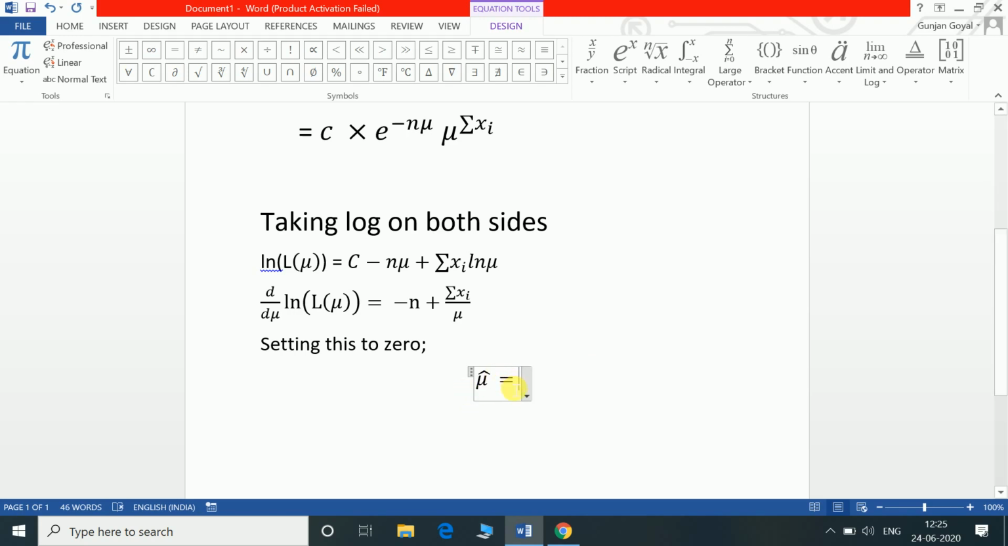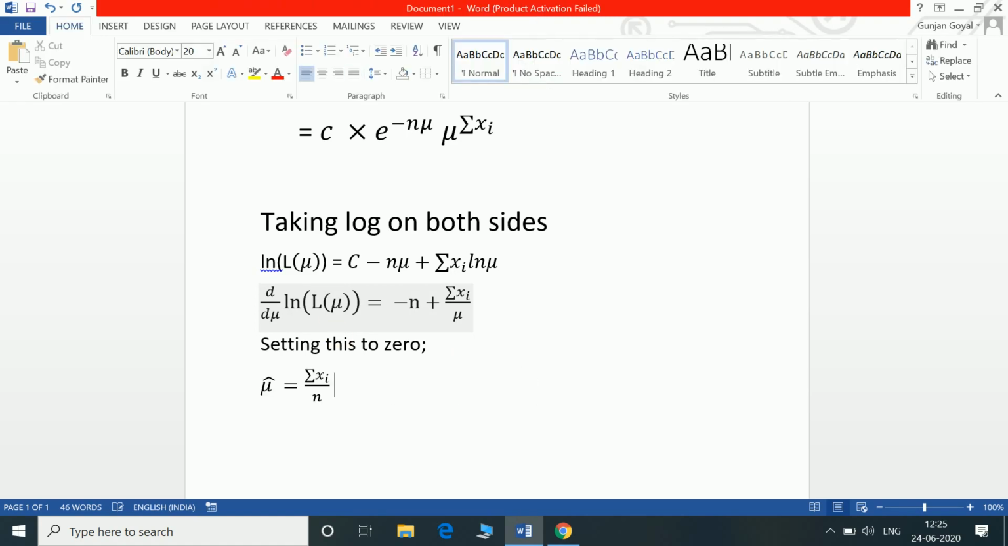So mu hat equal to, now if you had equated this to 0, we know this will be equal to summation of xi divided by n. So divided by sum x underscore i and whole divided by n. So this gives me the value of mu hat, and I'll paste the space so that this comes in line. Okay, and now I'll check the second derivative to check the maximum condition. To check for maximum,